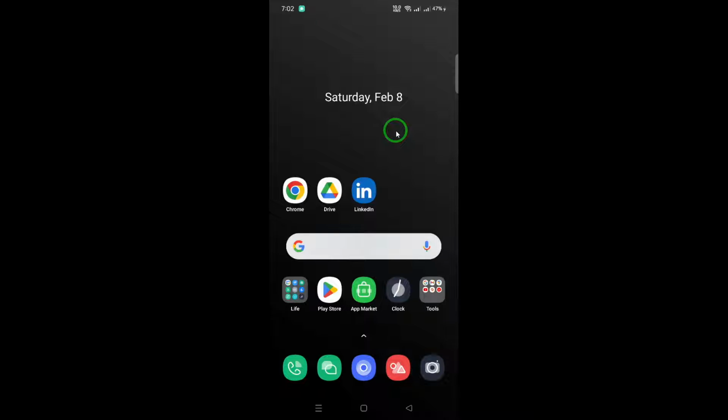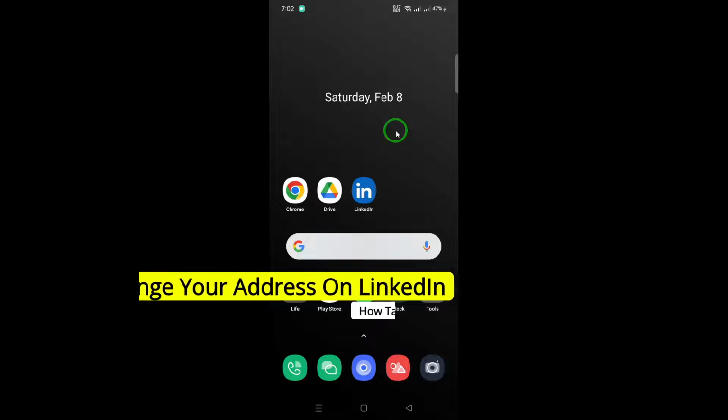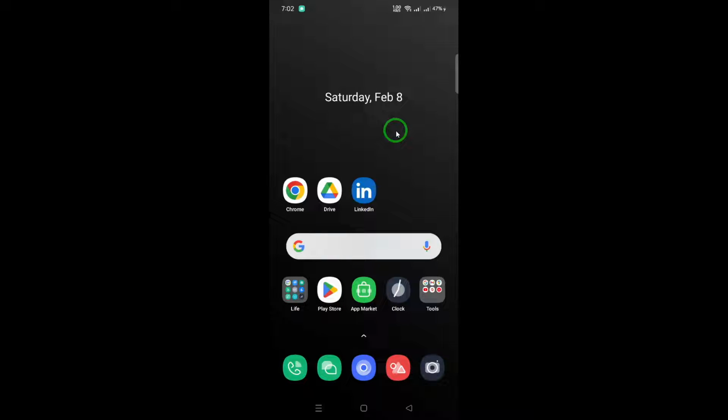Welcome. Today, we're diving into a crucial update for all you LinkedIn users: how to change your address. Whether you've moved, want to test the waters in a new location, or are just being cautious about sharing too much personal information, keeping your LinkedIn profile up to date is essential. So, let's get straight to it with this simple, step-by-step guide to ensure your professional network always knows where to